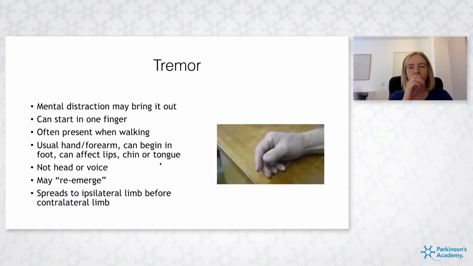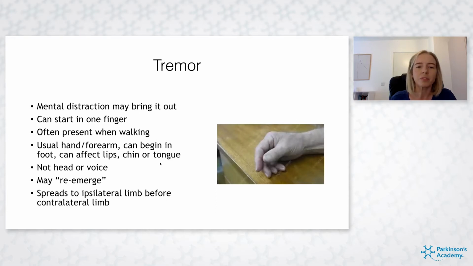So tremor, when you're examining tremor and Parkinson's disease, you often just get the patient to sit initially with their hands in their lap. You might ask them to close their eyes and count backwards from 100 or do serial sevens to see if this distraction technique might make it more obvious. The tremor can be very subtle in PD, might even just start in one finger. Sometimes during the consultation, you may not even notice the tremor when you're talking to the patient, but then when you get them to get up and walk, it becomes much more obvious that they have a tremor on one